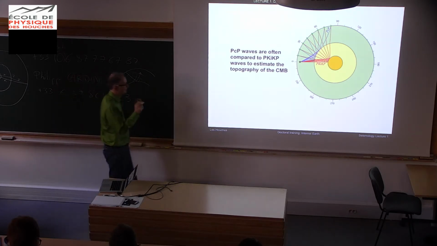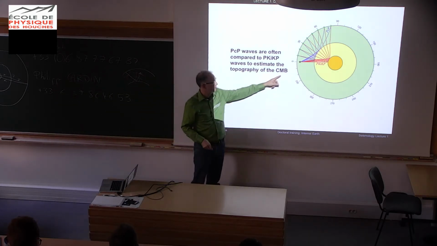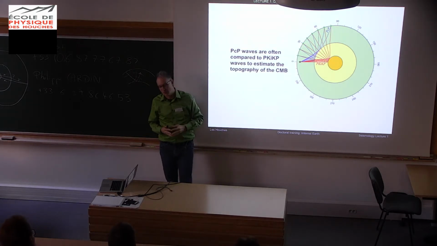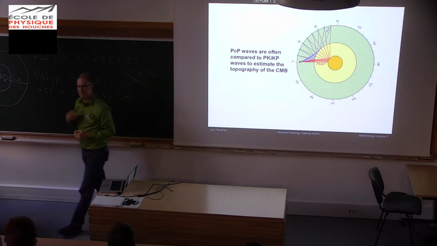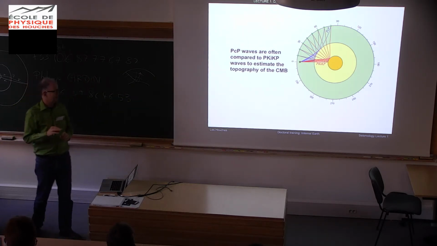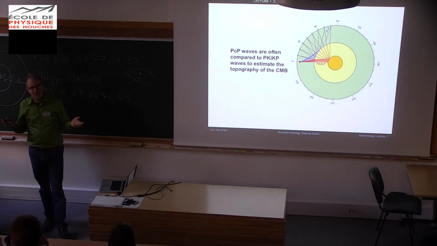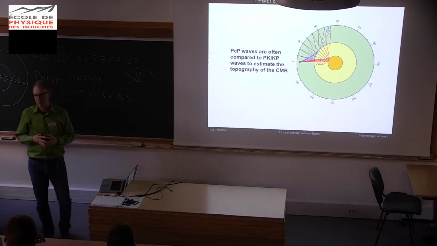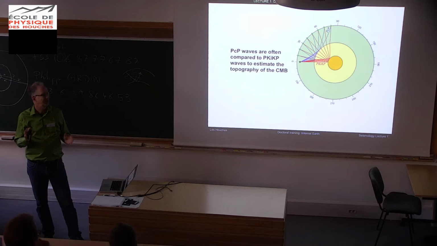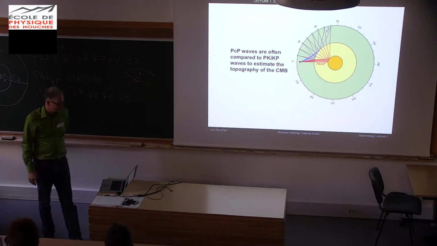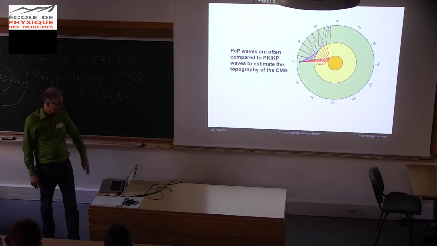And the timing difference of these, with some assumptions, is used to map the topography of the core-mantle boundary. That's a very difficult task because it depends on what you know about the mantle, and you have to correct for it. A testament to that is if you took the 10 or so maps of the core-mantle boundary and compared them, there's a lot of divergence in the different solution models, which means it's really hard, and seismologists aren't necessarily agreeing in their answers. Okay?